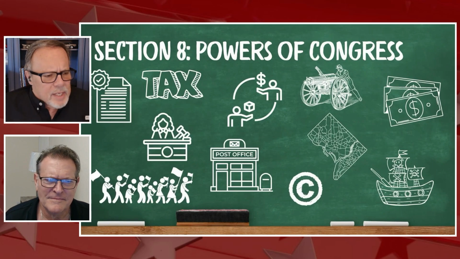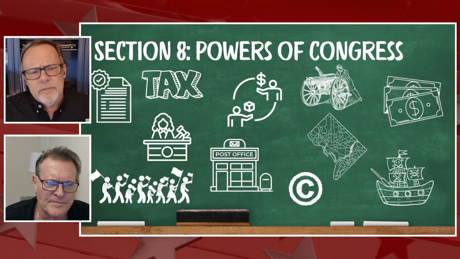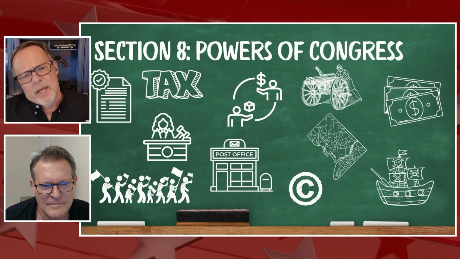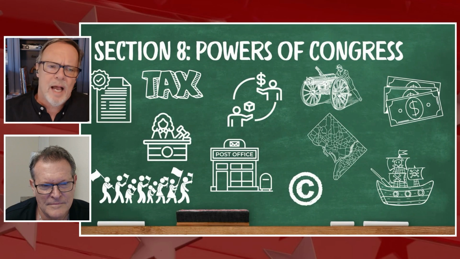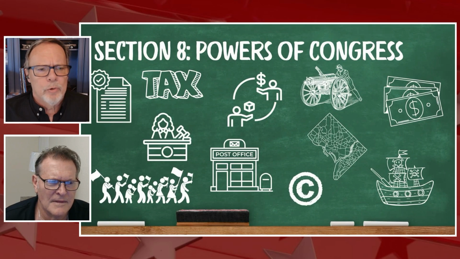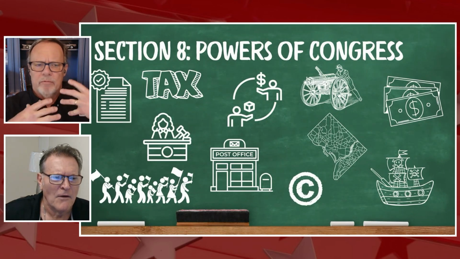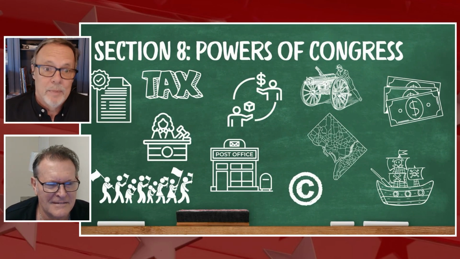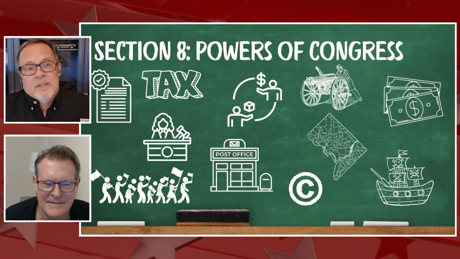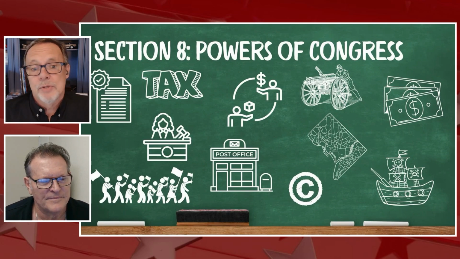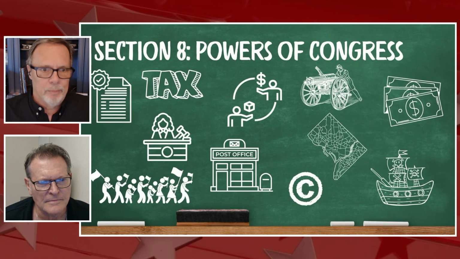Now, Section 8 is kind of reflective of the whole concept of the Constitution. A lot of people assume that the government has all the power and they decide what power they don't have. And it's really the opposite. The people have all the power, and the Constitution is more about enumerating specific powers that we voluntarily have ceded, right? So in this case, there's about 20 items in Section 8 that talk about powers of Congress. For example, I'll pick out a couple.